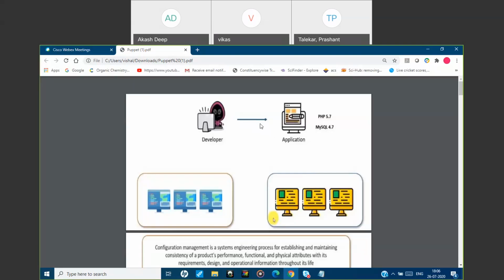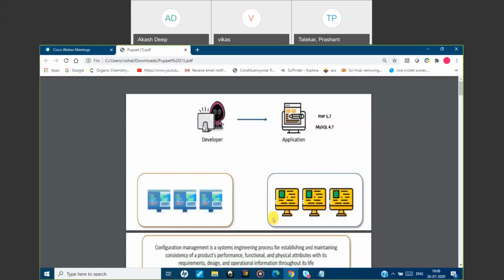And suppose tomorrow a developer gets some new requirement, and the developer finds that in PHP 5.10 some plugins have come, and the code is much shorter. So the developer will just upgrade the version on his computer from 5.7 to 5.10, like that.